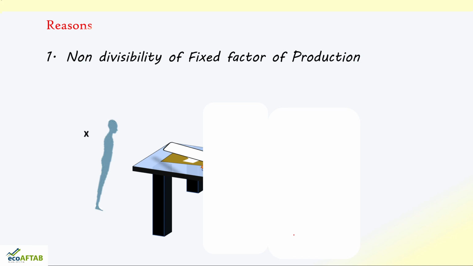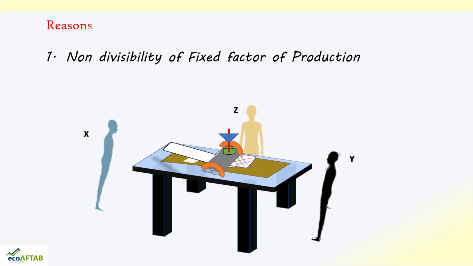Because of this non-divisibility of the fixed factor of production, what happens? We can see that initially the capital asset has the maximum capacity for 3 laborers, but here 1 laborer is too few on this entire machinery, and 3 laborers are optimum. Optimum means beyond which there is no need. If 4th, 5th, 6th laborers are employed, their productivity is going to be negative, and that is the reason, when the fixed capital asset cannot be divided, we need to adjust the productivity of the variable factors of production.